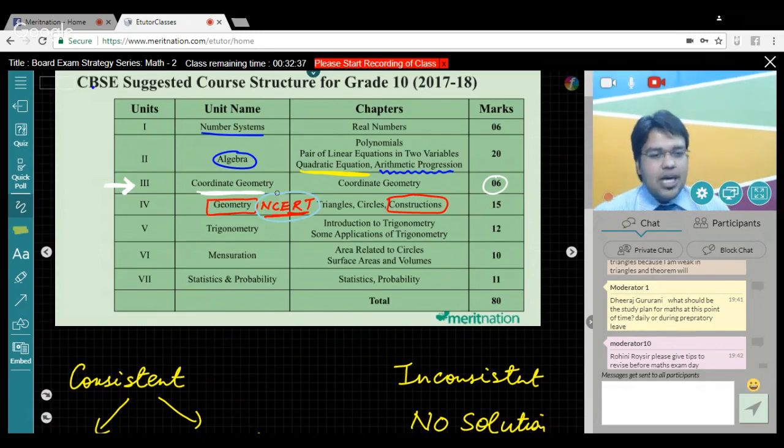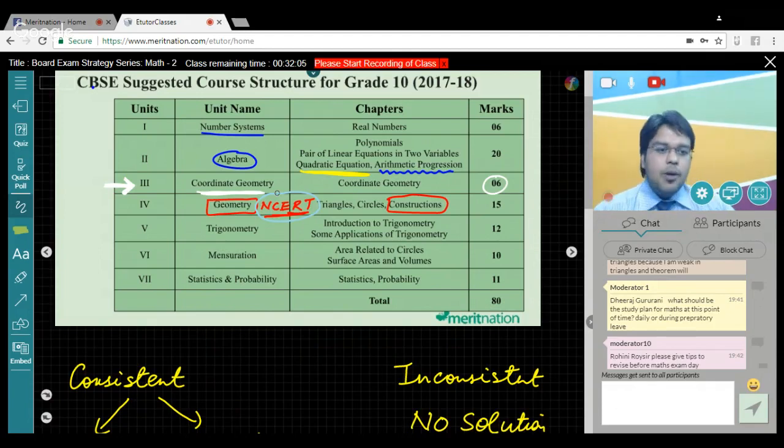But I would advise you that do not be out of touch of maths, right? It's very, very crucial to devote some amount of time to maths, because once you lose the touch, it becomes really difficult to go back into that rhythm of solving the questions. So make sure you do not lose the touch by solving, I would say, 10 questions at least every day. Just do not lose the touch of doing the questions, right? And of course, in the preparatory leave, you have to run the marathon every day, right? So that's how you should go about it.